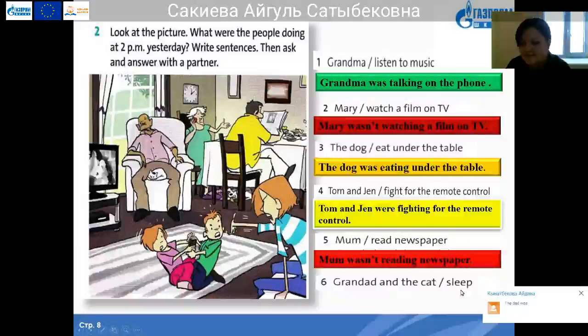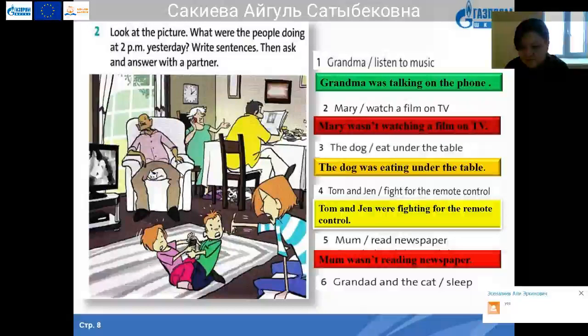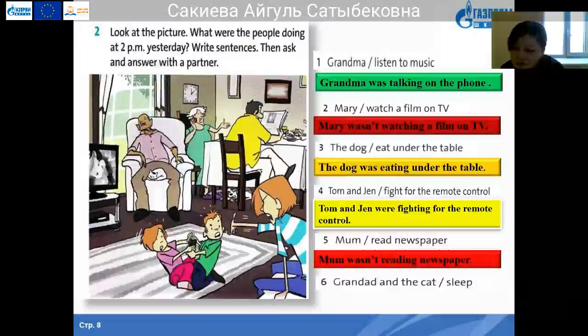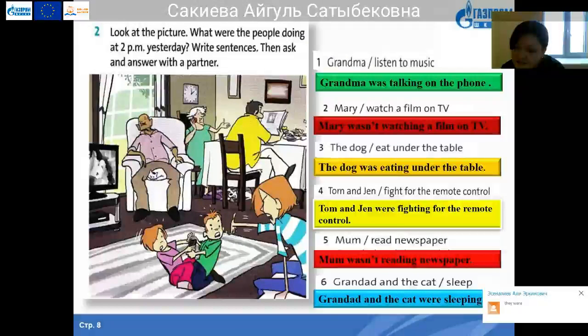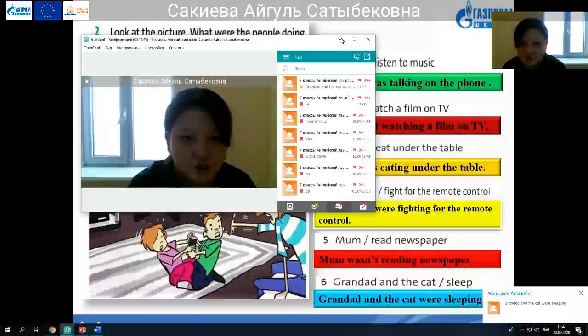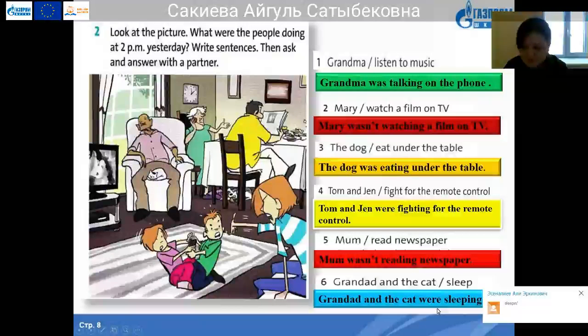Granddad and the cat sleep. Were they sleeping at 2 p.m. yesterday or not? Yes. Okay, how should we make a sentence then? Can you make a full sentence, please? Granddad and the cat was sleeping. Granddad and the cat. Yes, were sleeping, Umar. Because we are talking about one person and one animal, yes? Okay. Now,